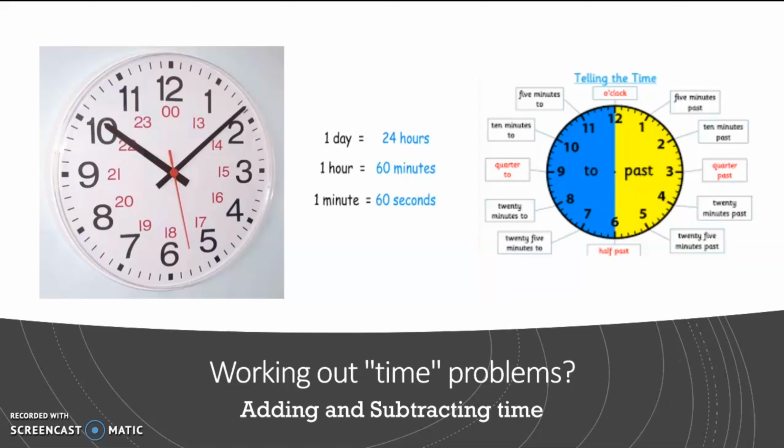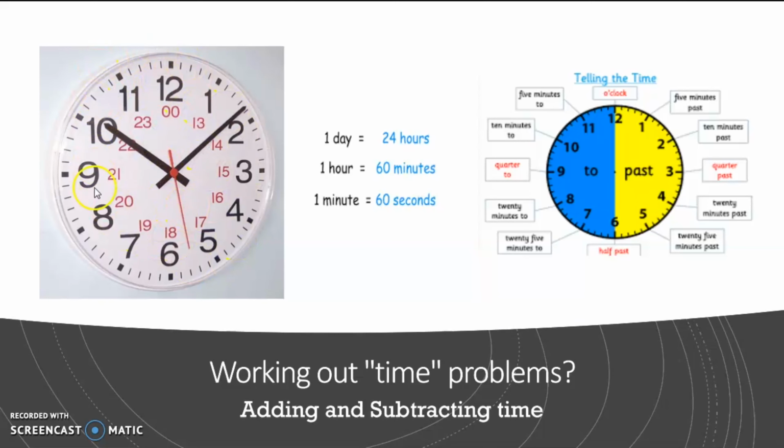Okay, today we're going to look at another area where we use maths, which is when we're working out time problems. And here I'm going to look at a couple of problems where we're adding and subtracting time. So just as a brief explanation, I've put up a clock on the